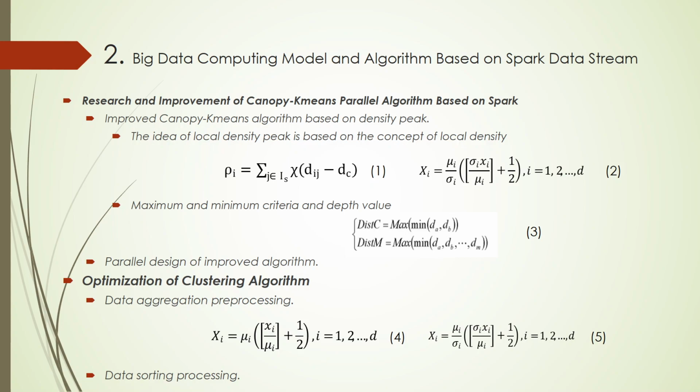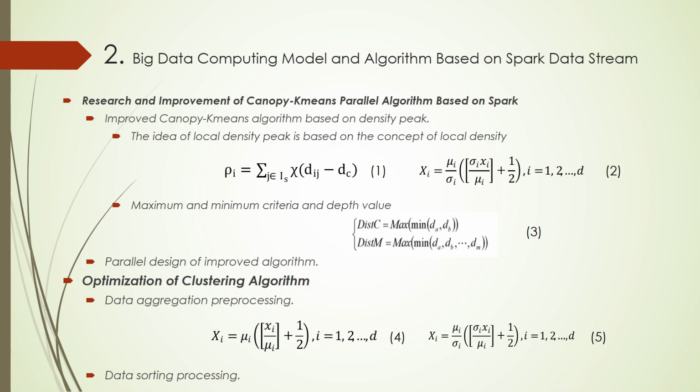The general process is to divide the data storage to be processed into multiple copies, and place them on each node, perform local calculations on the nodes, and finally summarize the calculation results, and update them to the global for the next step. The parallel design of the improved canopy commons algorithm based on density peaks in this paper is